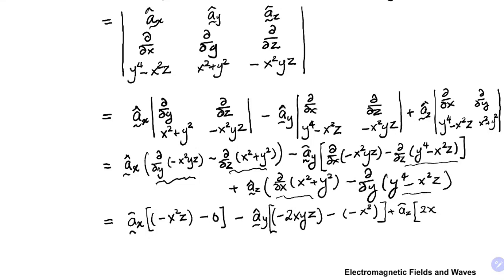And then this one, minus 4y cubed. So, clean it up. We have minus x squared z